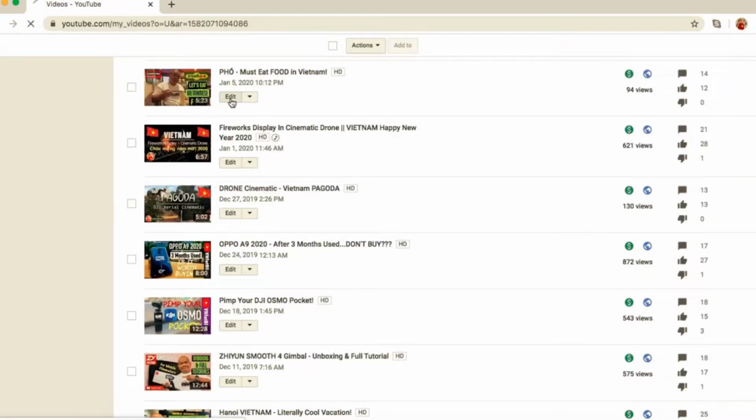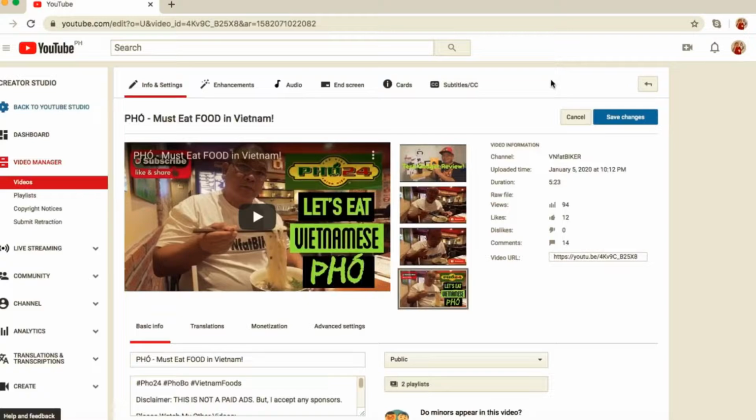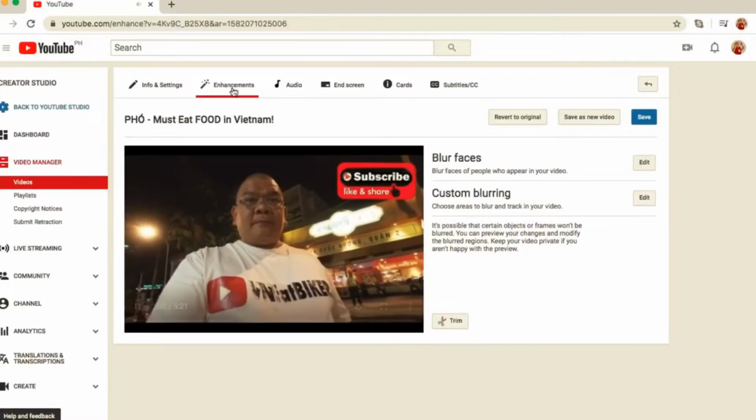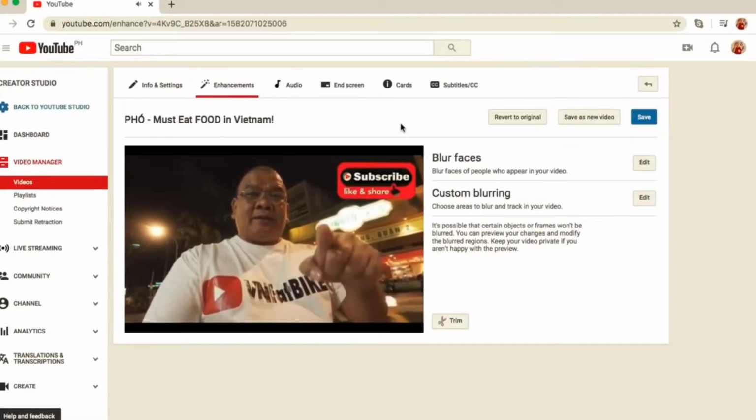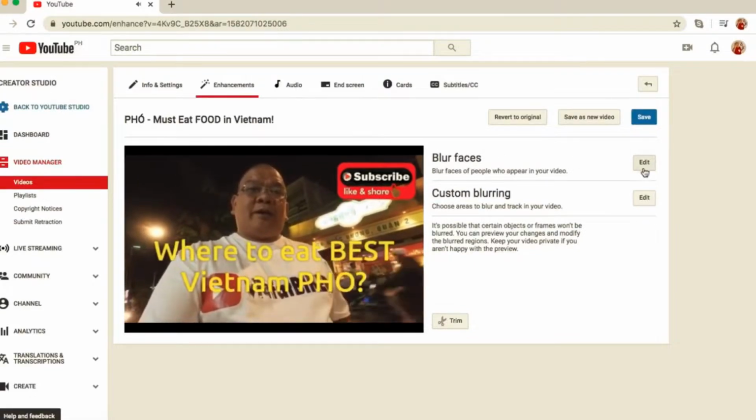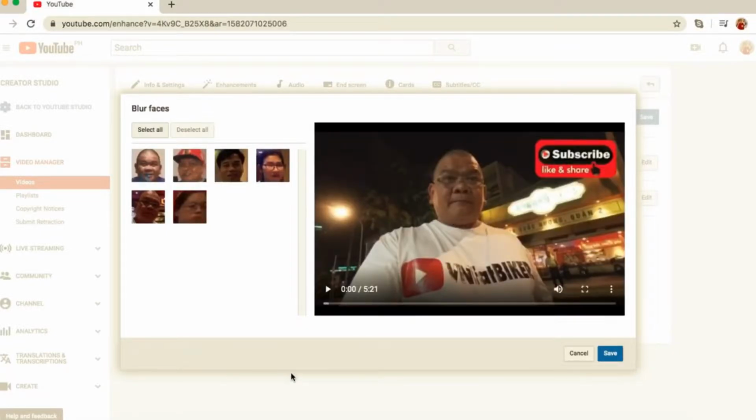So once you click the edit, you will go to another menu. From this menu, I think you remember this one, just go to the enhancement menu. Click that enhancement menu. From that enhancement menu, you will find the blur face menu. Click that edit. Once you have that edit, this particular menu will automatically sweep the whole video for all